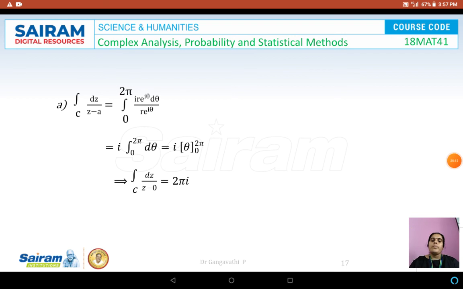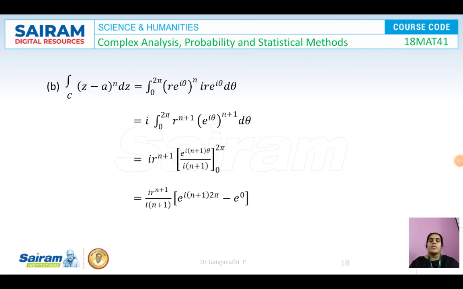So now, the second curve given was the integral over c of z minus a to the power of n dz. We have evaluated the limit for theta as 0 to 2 pi, and z minus a is nothing but r e to the power of i theta, the power n is as it is, and dz is i r e power i theta d theta. So i is a constant, you can write it outside. Limits 0 to 2 pi, r power n and one more r, so you get r power n plus 1. e to the power of i theta to the power of n, that is e power n i theta, and another i theta, so e power i theta to the power of n plus 1 into d theta.